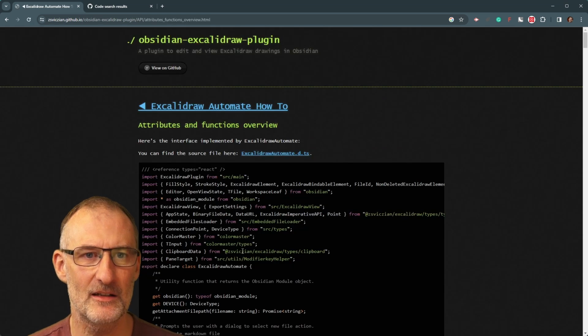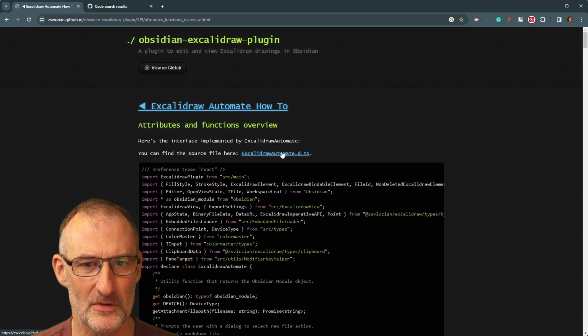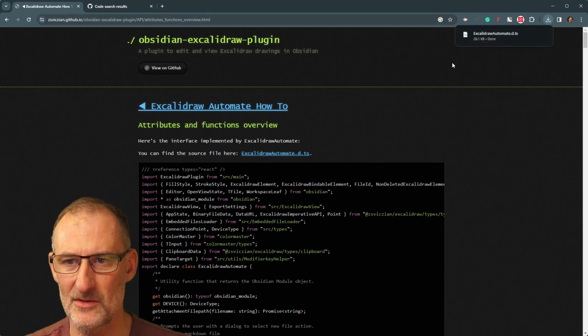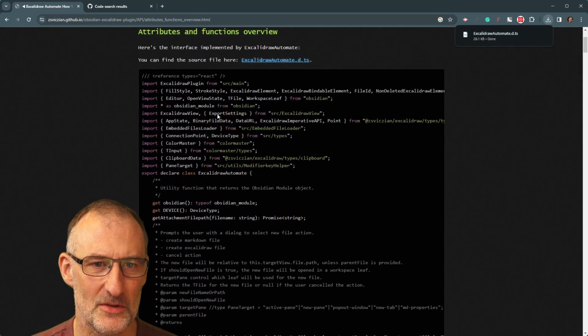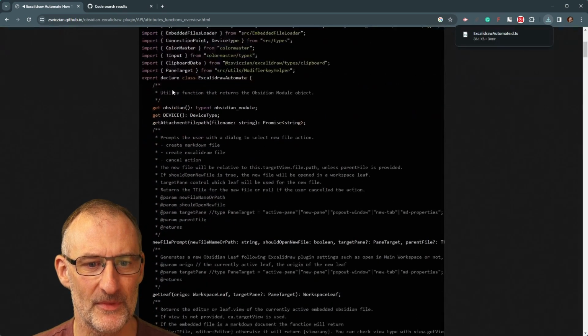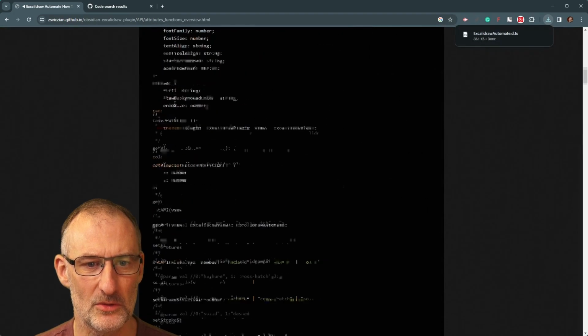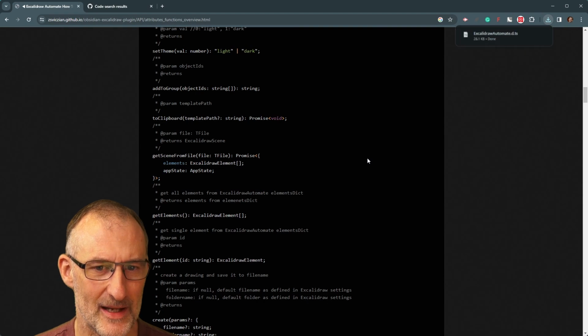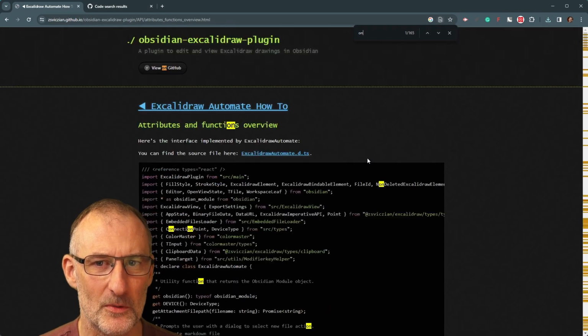So when I click here, this opens this page right here. You can also click here on the actual source code, and then it's going to download it, but you can read it right here. These are all the Excalidraw Automate functions with some description around it, and I'm going to look for the